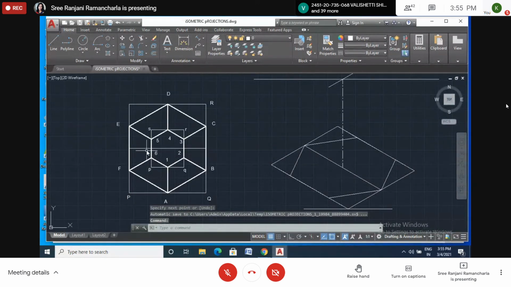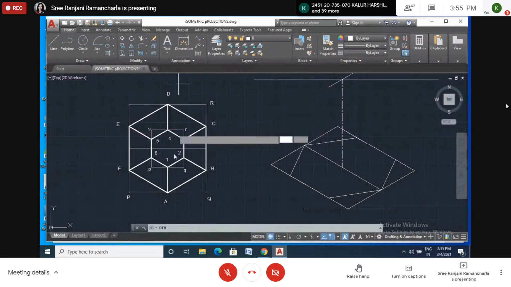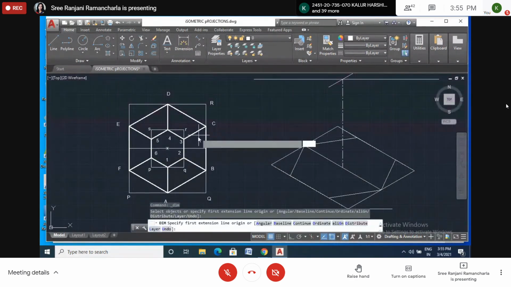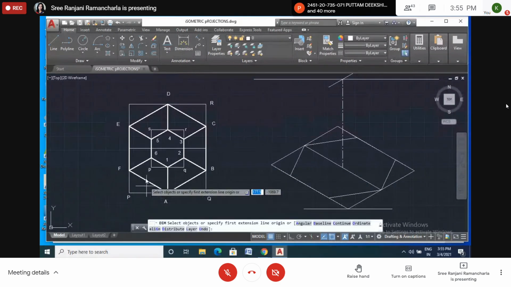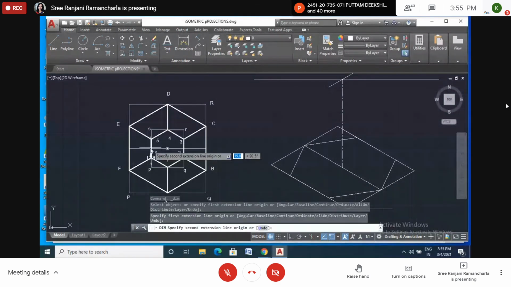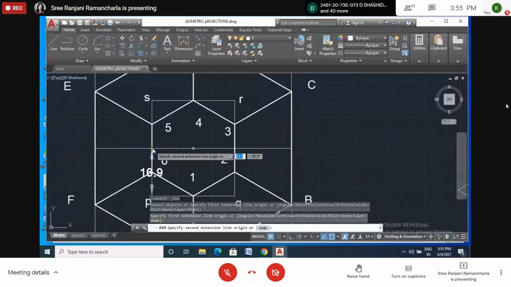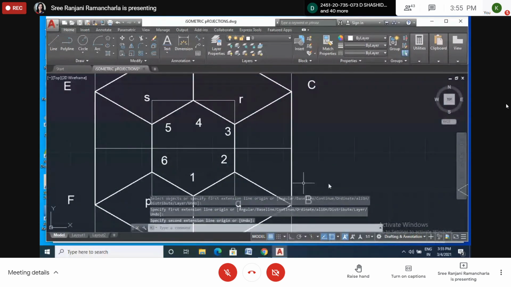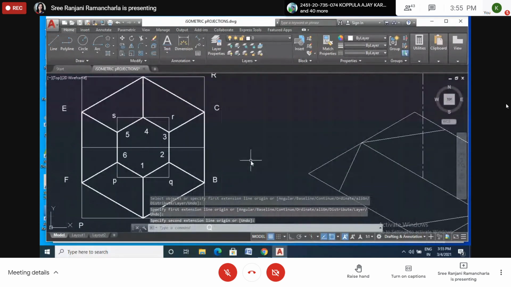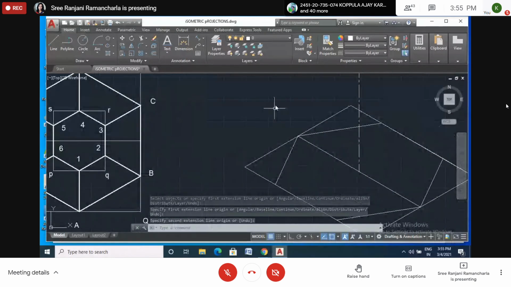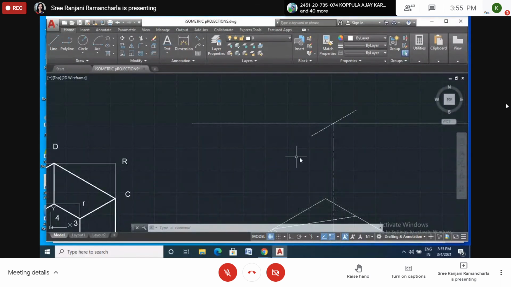So this line we have to measure from here to here, or from here to here. No, not from here to here. So how much? 16.9. So we'll draw 16.9 from center.